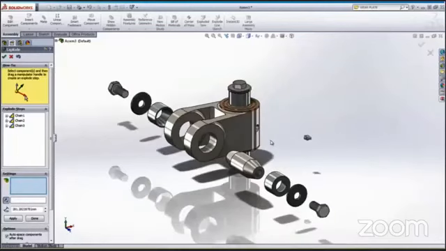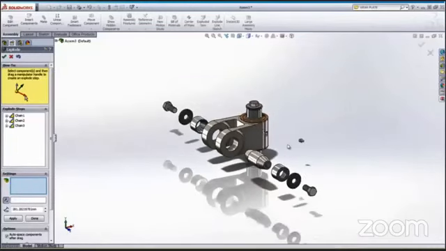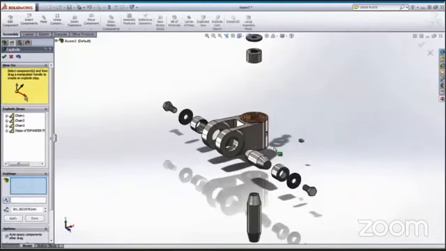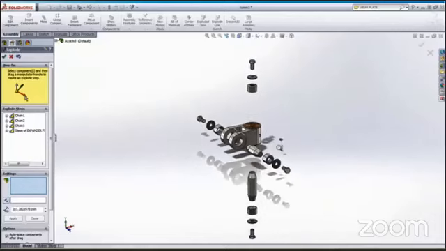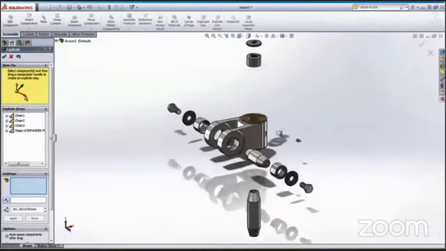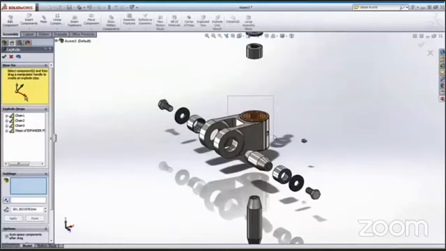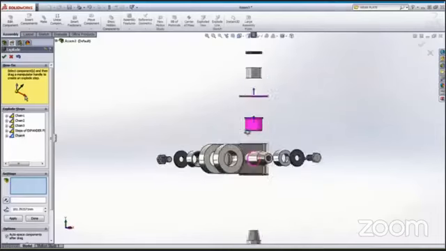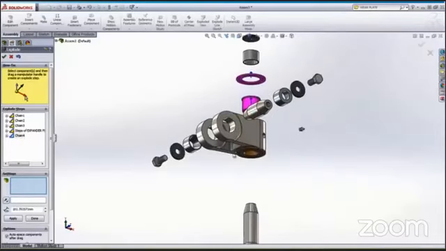Let's explode the grease fitting and try to line it up within its own axis. The sub-assembly already has explode information. We can leverage these explode steps to save time.